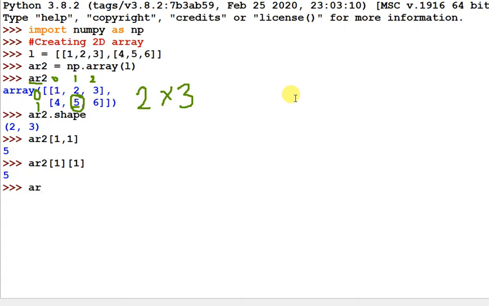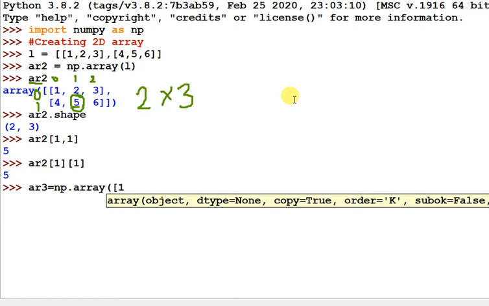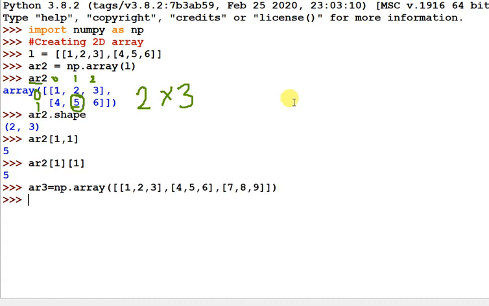If you want to create a numpy array, you can directly pass that nested list. Suppose you want to create the array [[1, 2, 3], [4, 5, 6], [7, 8, 9]], and then close it.